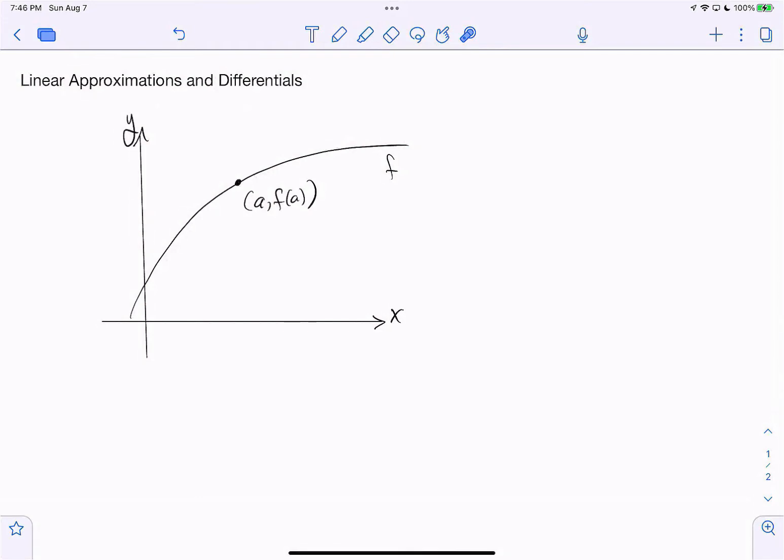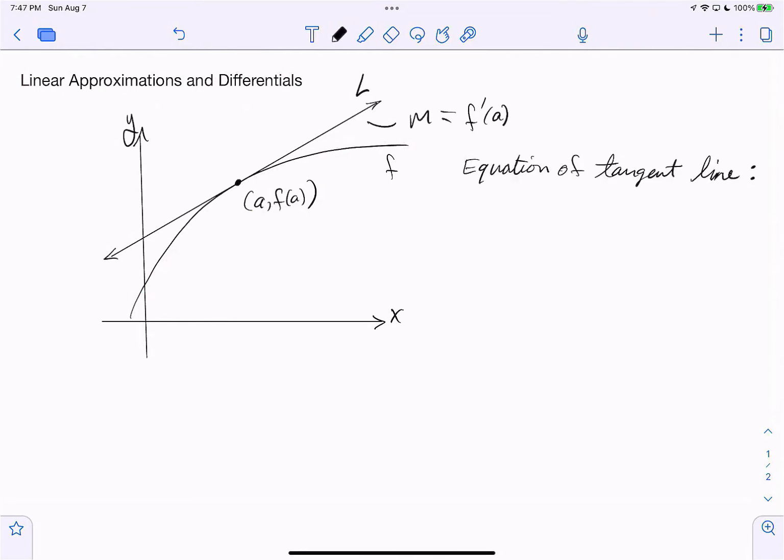And we can consider a tangent line to f at a. Let's call that line L. Now it's a tangent line, so we know the slope is equal to f prime at a. And since the tangent line contains the point a, f of a, we know the equation of the tangent line is y minus f of a is equal to f prime of a times x